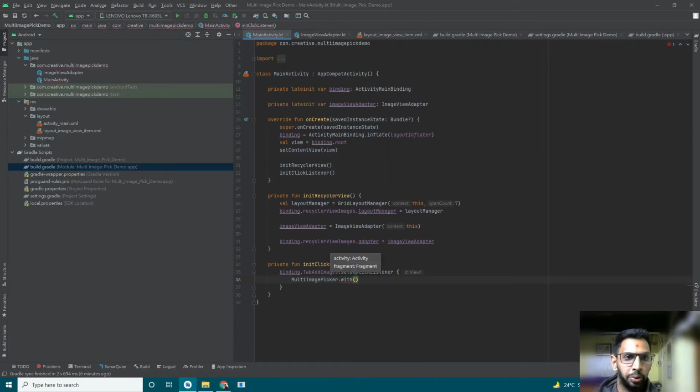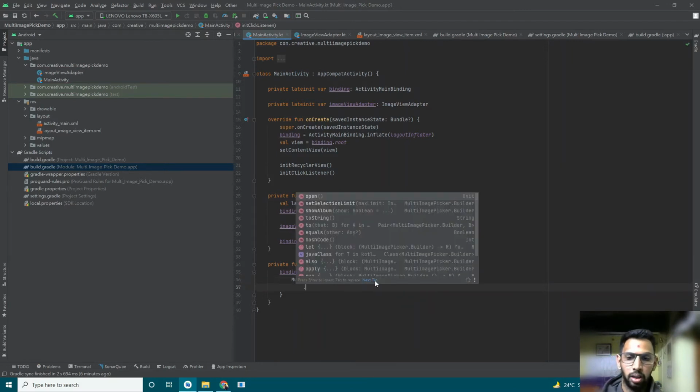With takes the activity or fragment from which you want to call this library. It needs a context. It needs the activity to run the library on top of it. So we are providing this main activity, from which we are calling, and which will return the builder.